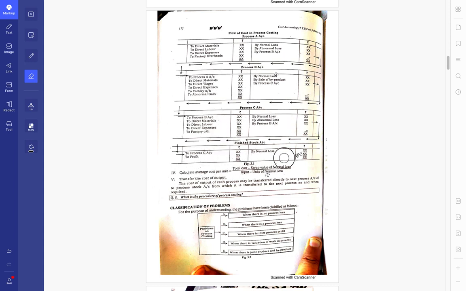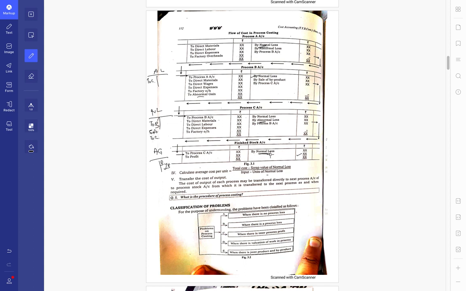For example, let's say we have written in process B normal loss. So when we make the normal loss account, on the debit side we are going to have process B. Over here we have normal loss, so we are going to have process A. Let's say we are making the proforma for abnormal gain. We have abnormal gain in process B, so we'll write process B. This is for abnormal gain, this is for normal loss. Let's say we have for abnormal loss too. Abnormal loss is in process C, so we'll write to process C. We have normal loss in process C, we'll write to process C.